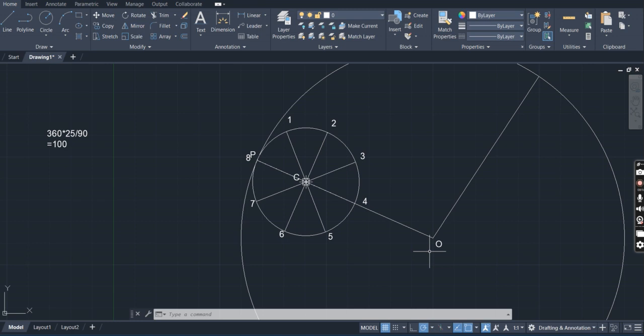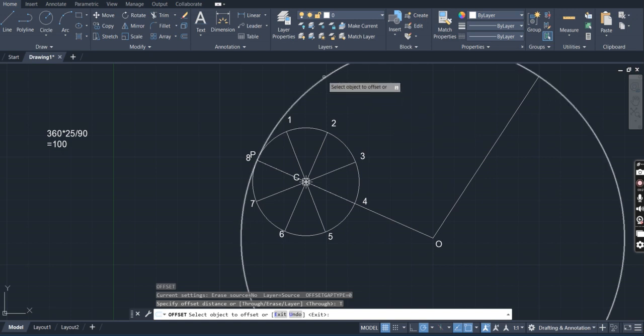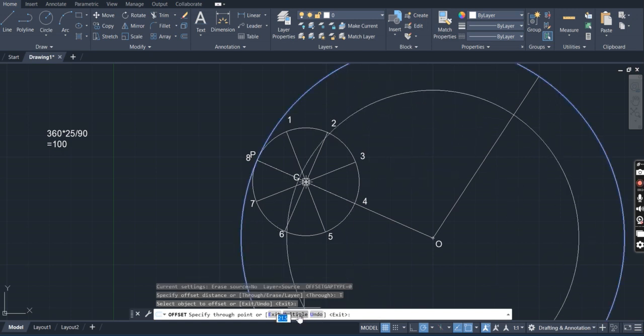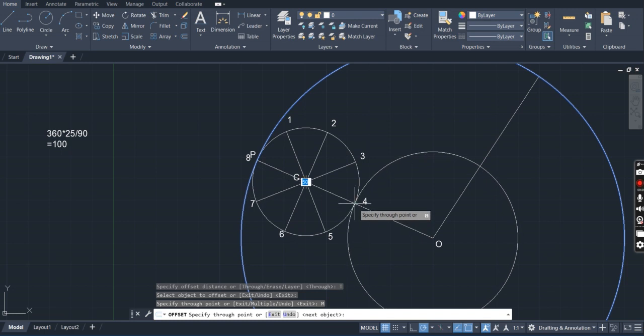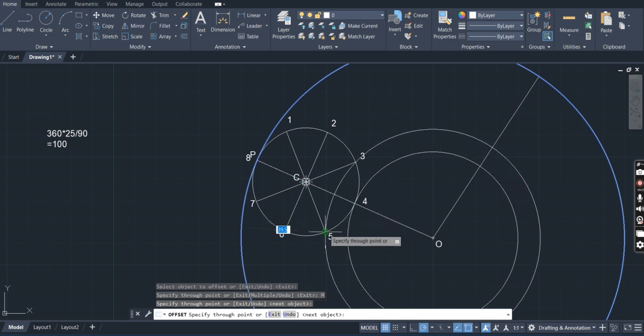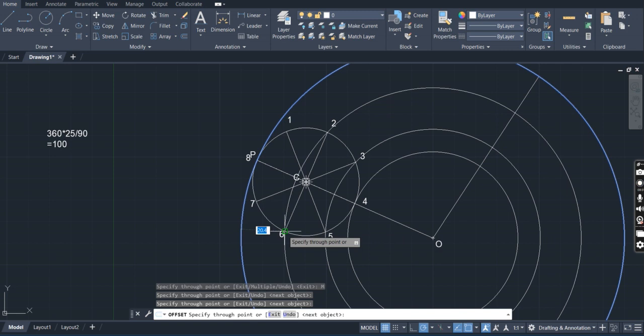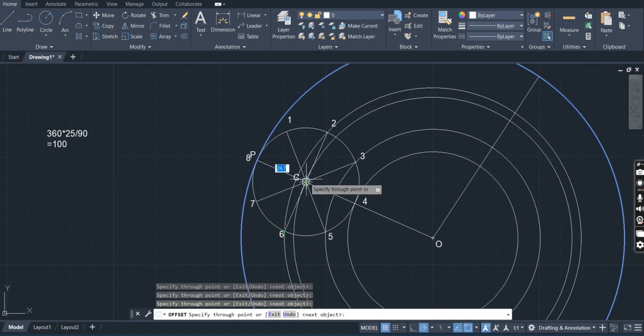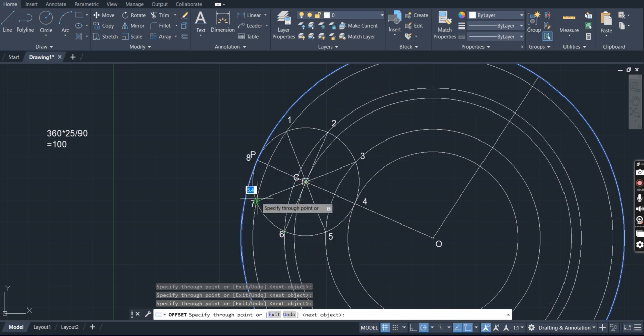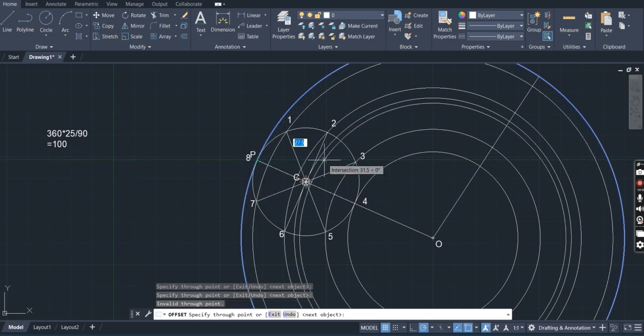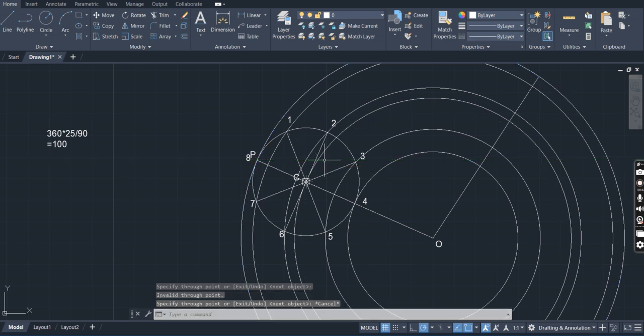Now use offset, go, enter, then through, then object, this is the object, and multiple. From 4, from 5, click over 5, and 6, through center, through 7, through 8. So through 8 is already there. Escape. So now use the trim command, tr,